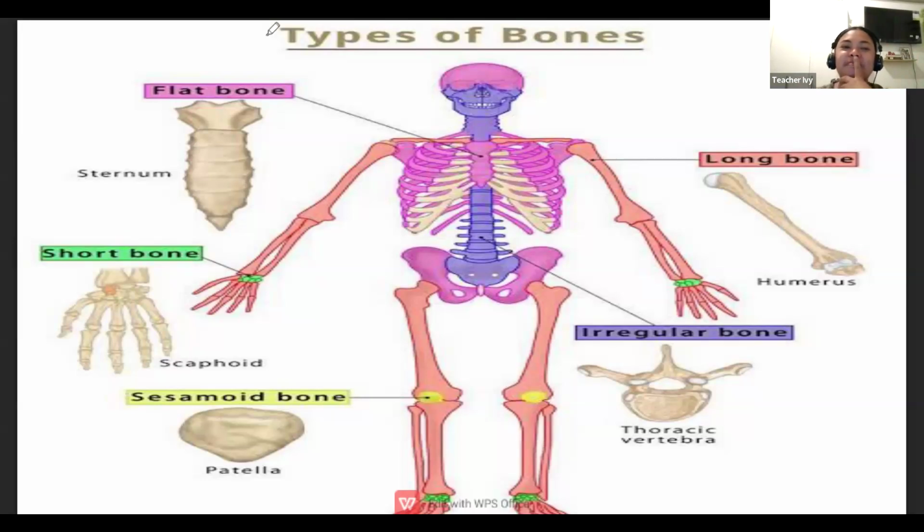Shall we ask Inda? Inda, can you chat your answer in the chat box? What's the name of this bone, the short bone that is found in your hand? Daraka is in. Good evening, Daraka. Do you have an answer? What do you call the name of this bone in your hand? Type your answer in the chat box, Inda.